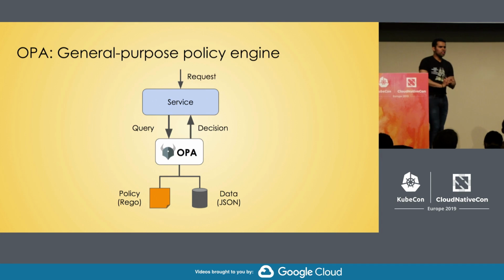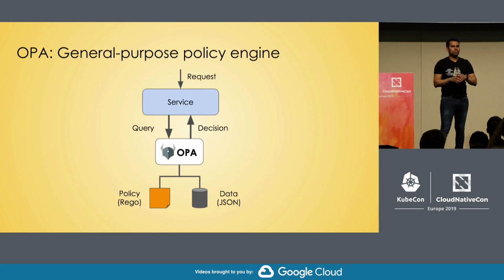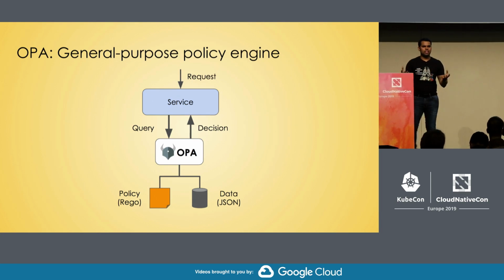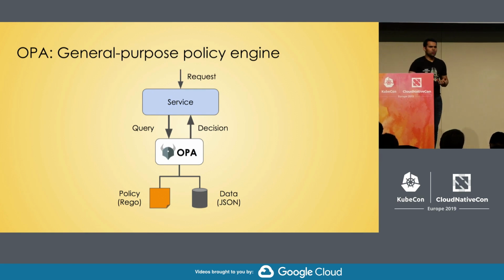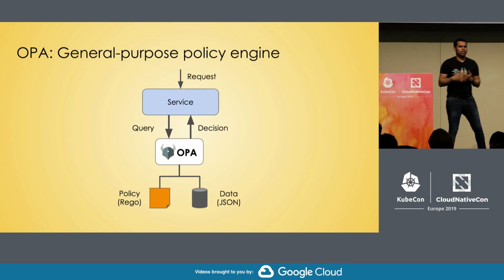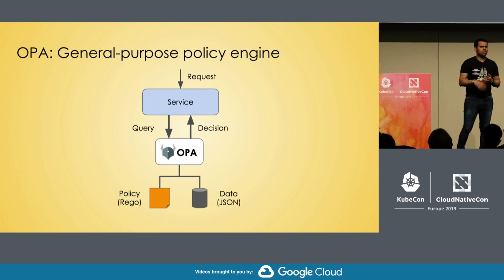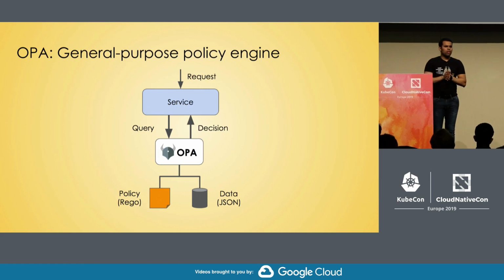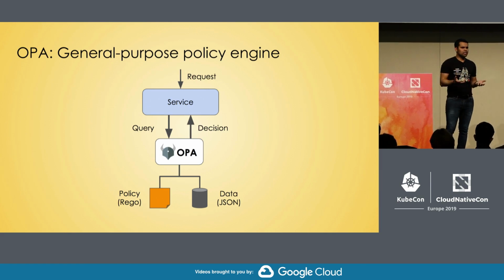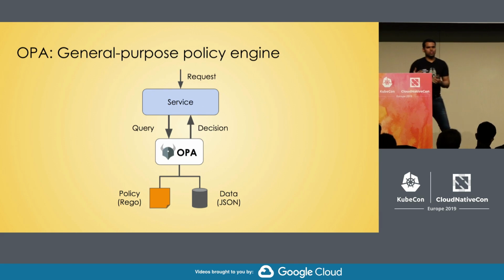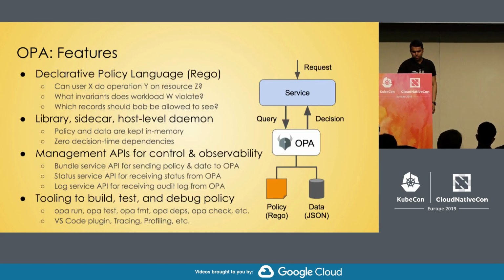And so the whole point here is that we are trying to decouple the policy enforcement from the decision making. And so to OPA, it does not matter if you're doing Kafka, HTTP APIs, SSH, sudo. To OPA, it's all just data. And that's why we say OPA is a general purpose policy engine.